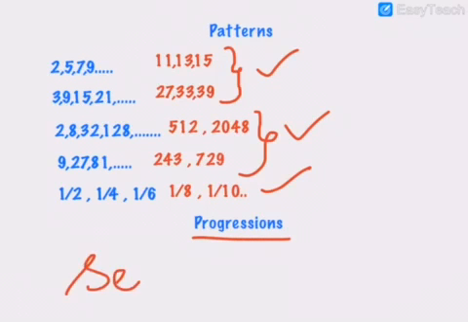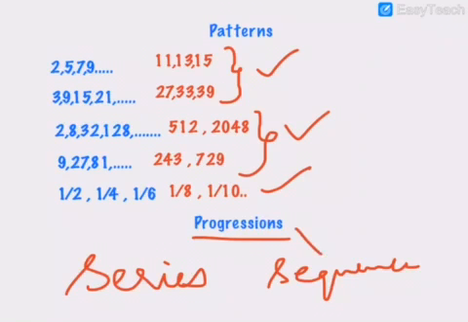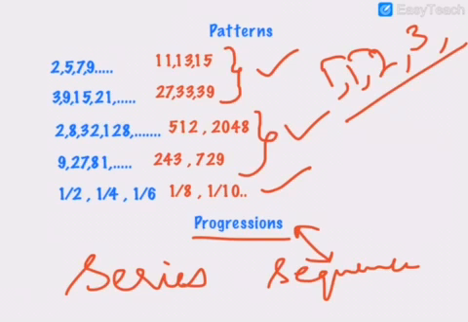Sometimes we use the word series, sometimes we use the word sequence. In fact, there isn't any difference between sequences and progressions. If you write numbers in a logical order of addition or multiplication or subtraction, or in any other order, we call them a sequence. You would have heard of the Fibonacci sequence. You take some term and the next term, and you keep on adding two consecutive terms to get the new term. Here the logic is addition, but it is not adding a fixed number like in this case. So that also we call a sequence.